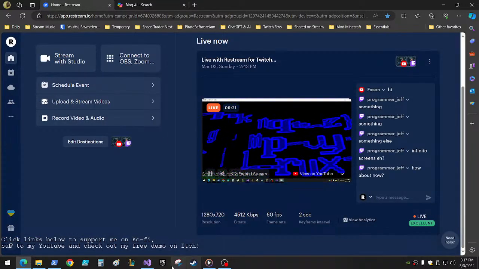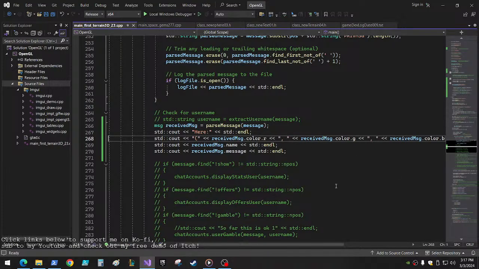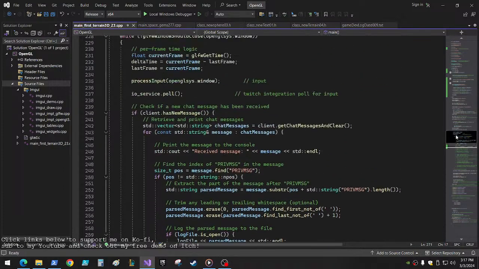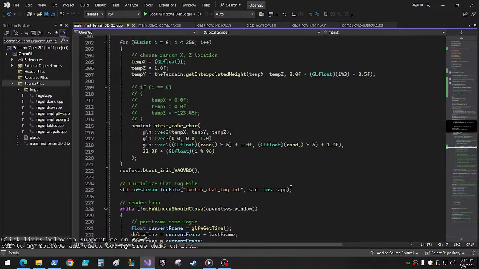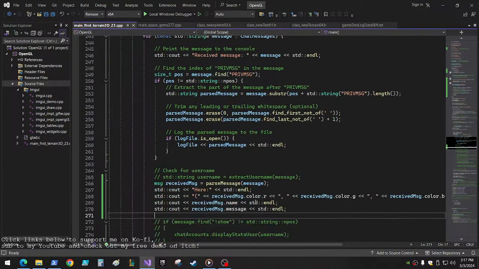Alright, that's cool. So now I can use this information to create the characters for the username using the color and the message as well. And then I can put that in the world. So one thing that we want to do when this happens